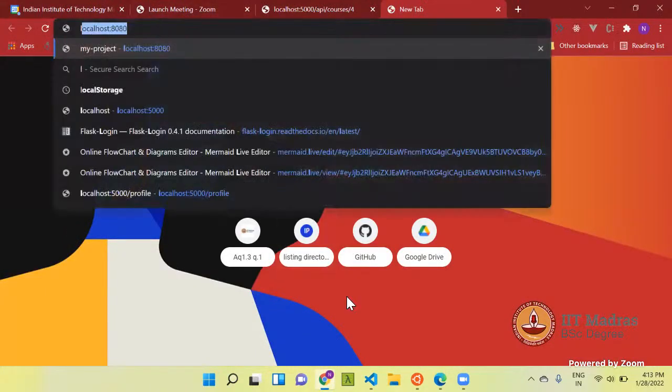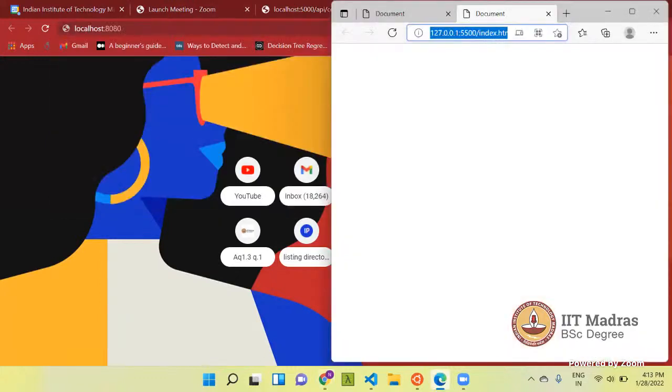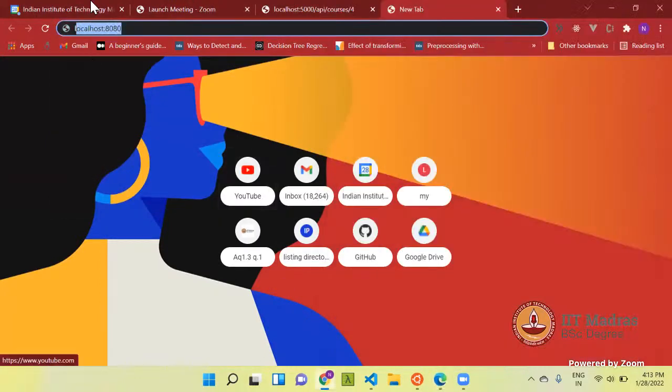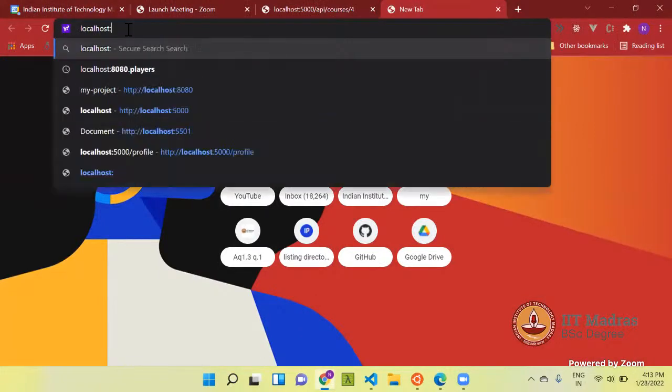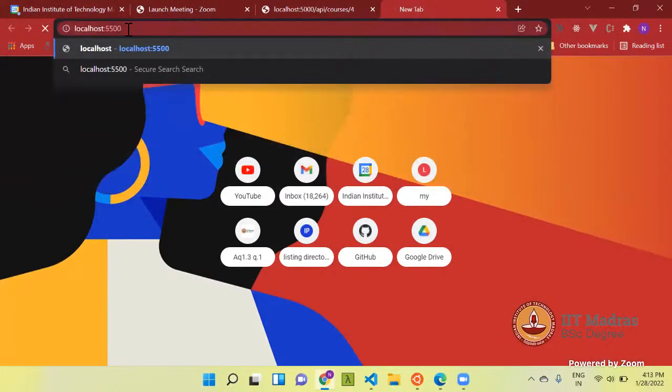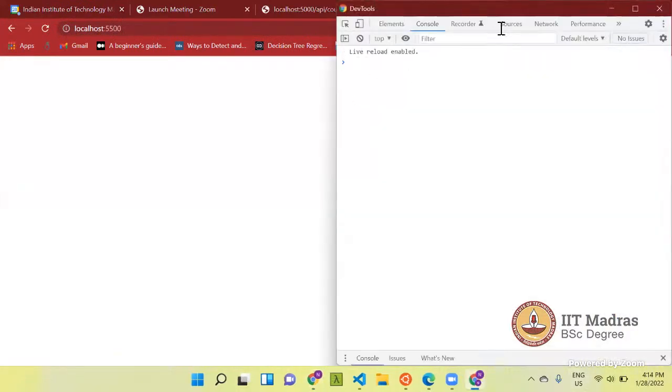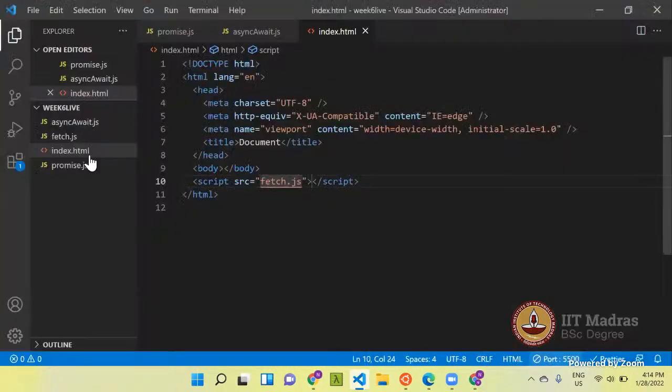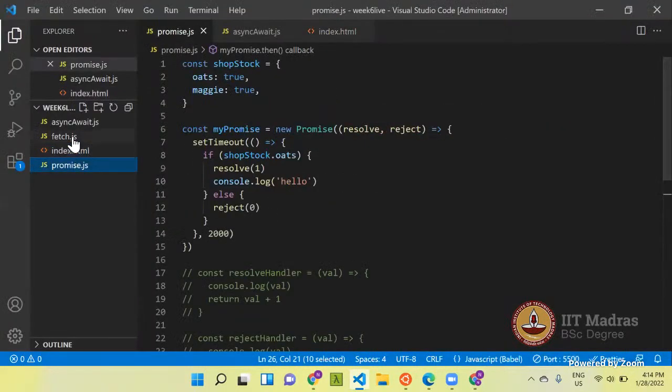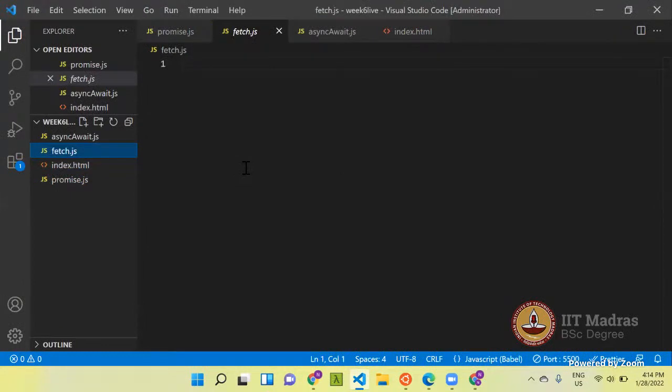Okay, I will run in Chrome, localhost 5500. And I will use the console of this browser. So I will be using the fetch file.